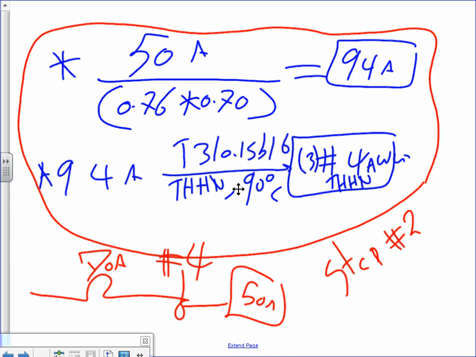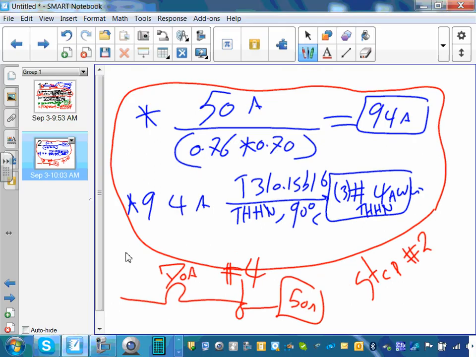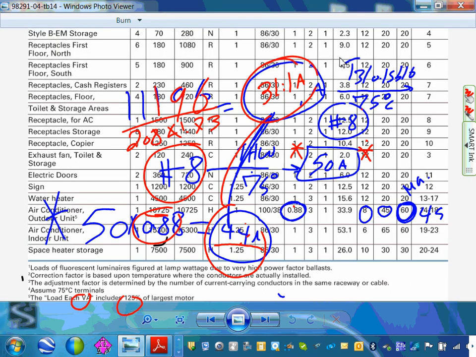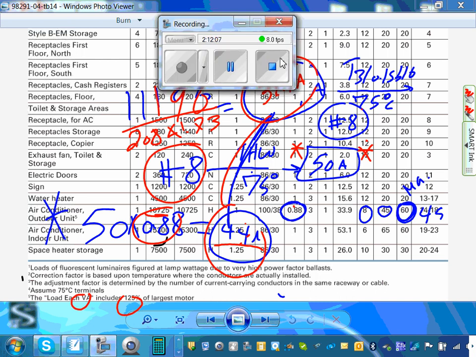Do you have anything? Question for me? Getting some stuff. We haven't done anything as far as actual calculation. Finish